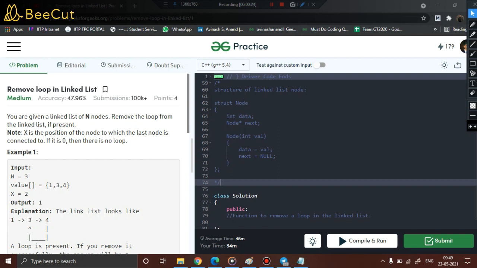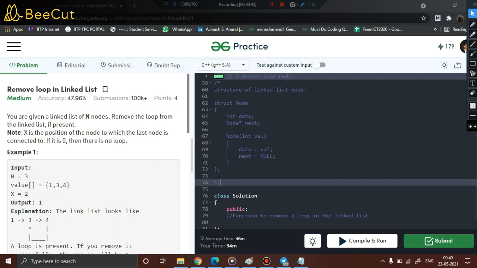I faced a little bit of issues, which I will be pointing out here, and finally I was successful in solving this problem. The problem is very basic. It is very much similar to what we have discussed so far. We will be using the two pointers technique, right? And we will use the concepts we have discussed in three problems.